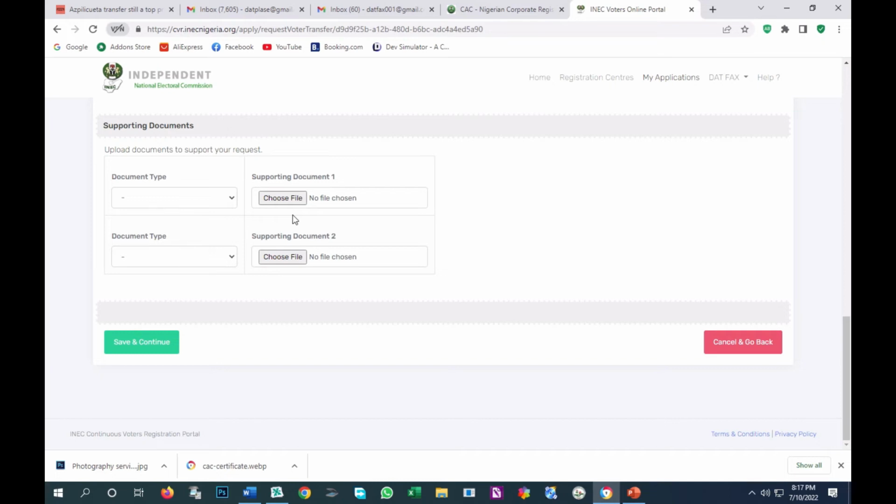You have to give evidence of why, if truly you are moving. You can put your house rent receipt, or you show a court affidavit and upload here, or a utility bill, whatever shows that you are currently living in that place, the new place you are claiming, your new polling unit. So you put one here and you put another one here